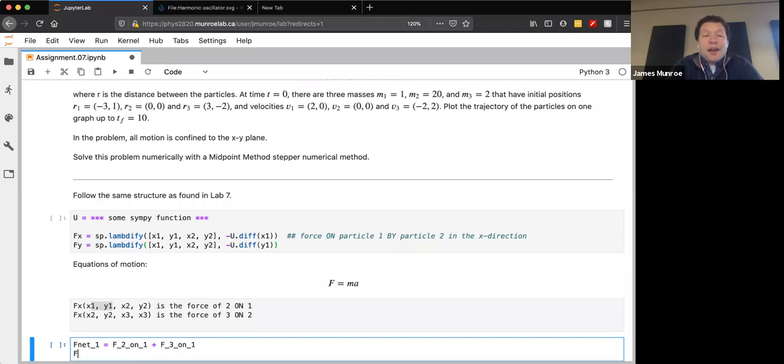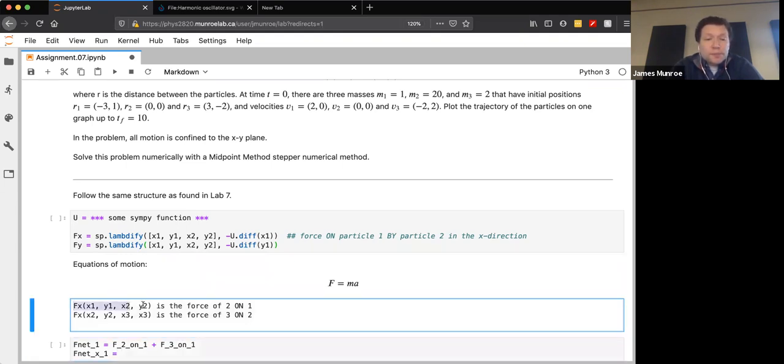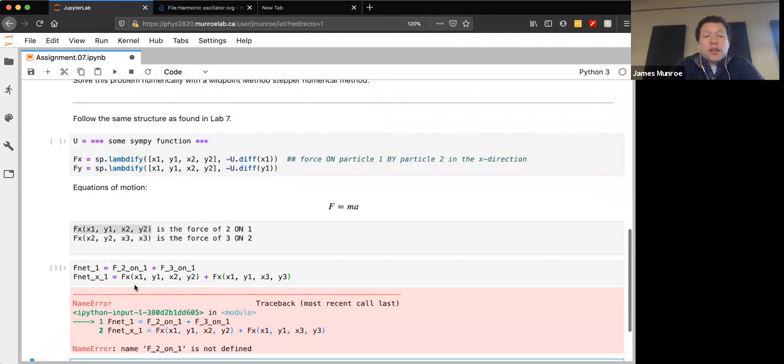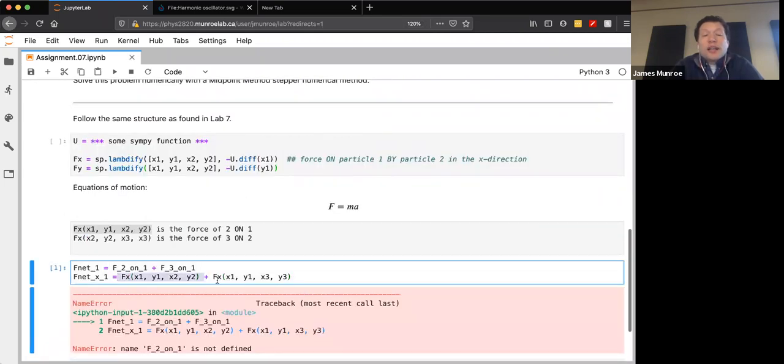That is to say, Fx1, the net force in x with respect to 1, will be equal to this component plus this guy. Can you see how, well, I haven't defined them, but can you see how what we're doing is we're defining this? We're using the same functional form, but what variables we pass in,